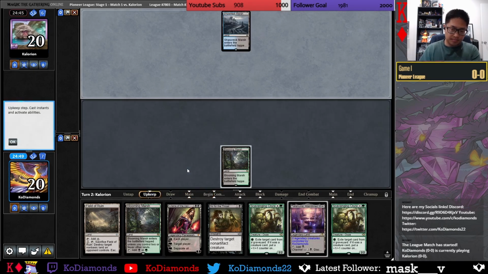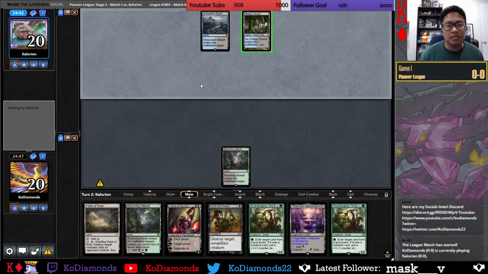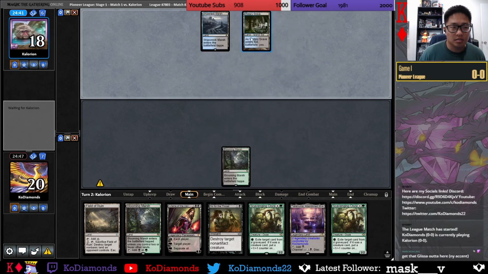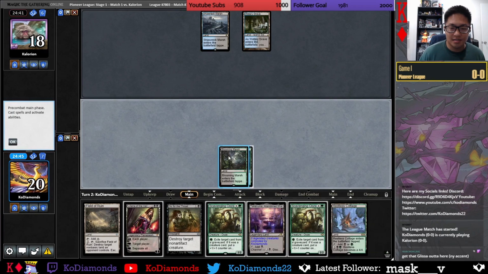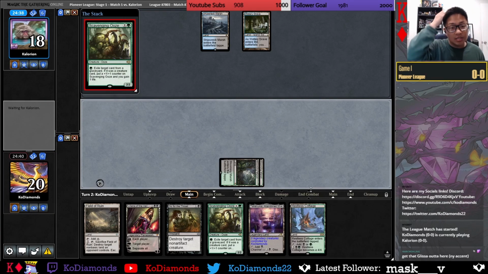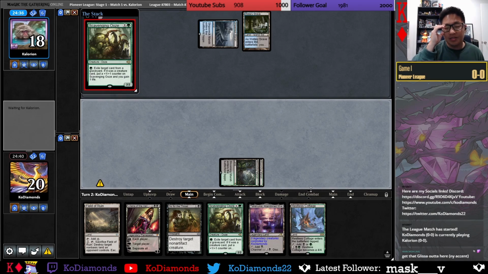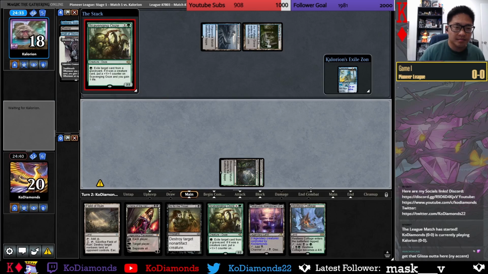So we're against like Dimir midrange. How's it going, Mark? Yeah, it's on my to-do list to try the Preachers. But every time I think about it, like I had Glissa against